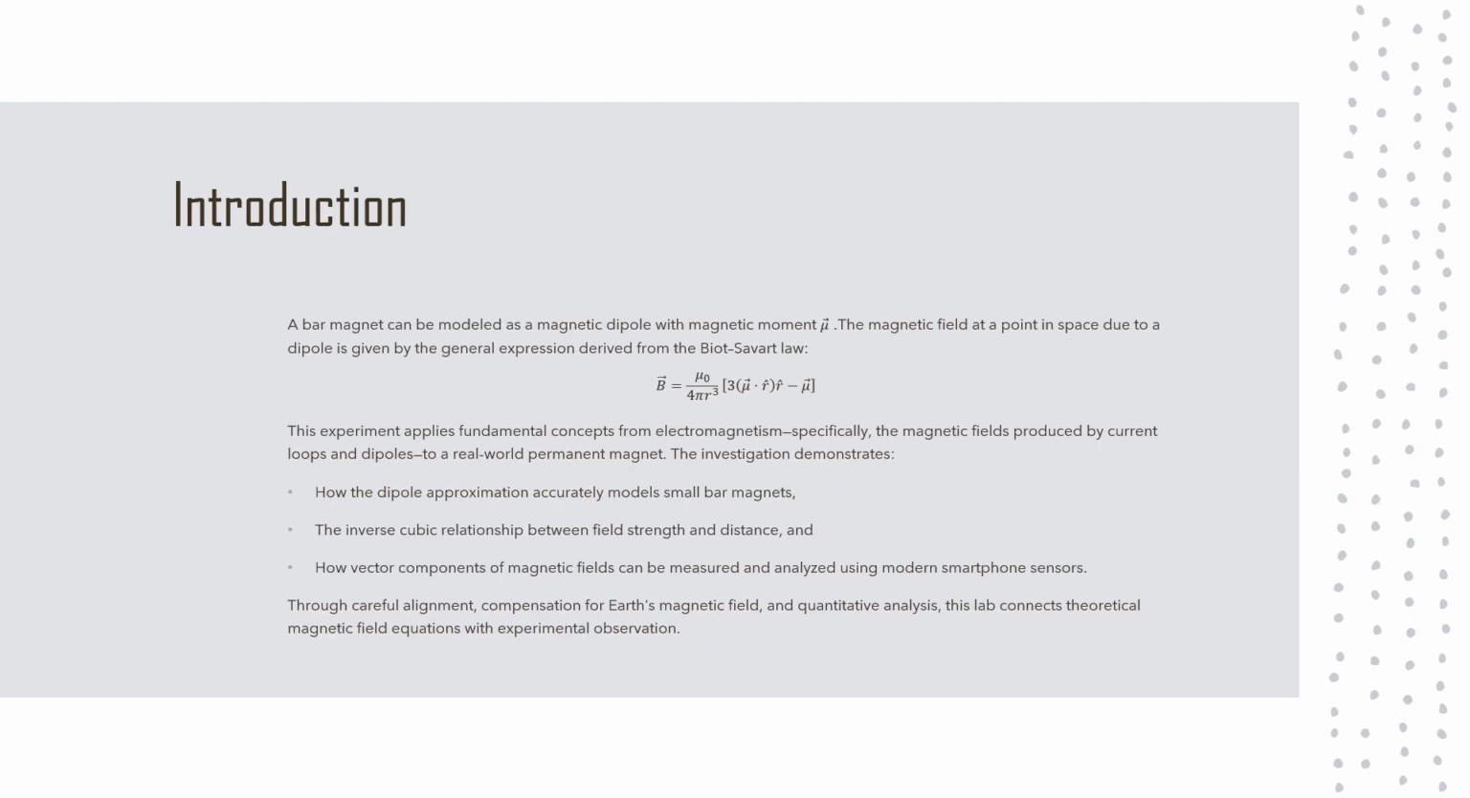A bar magnet can be modeled as a magnetic dipole with a magnetic moment mu. The magnetic field at a point in space due to a dipole is given by a general expression derived from the Biot-Savart law. The experiment applies fundamental concepts of magnetism, specifically the magnetic fields produced by current loops and dipoles, to a real-world permanent magnet. The investigation demonstrates how the dipole approximation accurately models small bar magnets, the inverse cubic relationship between field strength and distance, and how vector components of magnetic fields can be measured and analyzed using modern smartphone sensors. Through careful alignment, compensation for Earth's magnetic field, and log-log scale analysis, the lab connects theoretical magnetic field equations to the